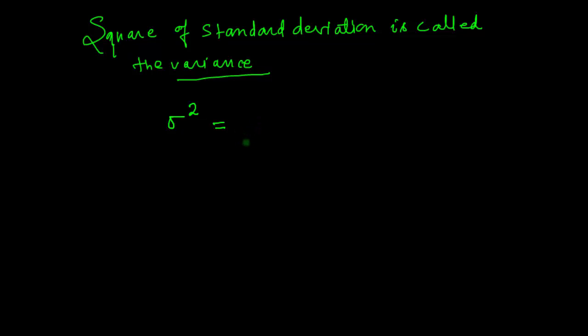And there was a square root expression in standard deviation, so when you square that expression, it becomes only 1 by n summation over i going from 1 to n, fi (xi minus x bar) whole square. That square root expression will be gone. So this is the